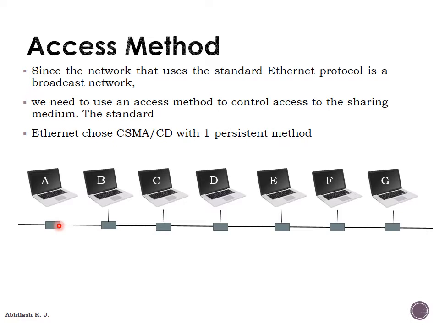Since collision detection is implemented, station A has to store a copy of the frame until no collision is identified. Once the collision is identified, it can discard the frame. In this particular situation, we have to consider two cases. The medium sensing will not stop before the transmission, but continues after the transmission also. Thus, station A needs to send and receive continuously.